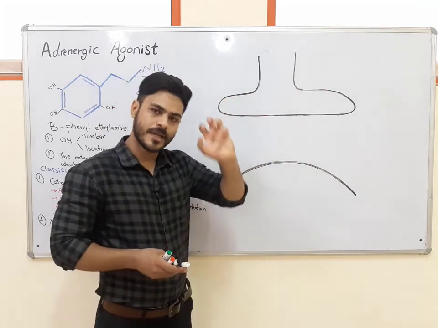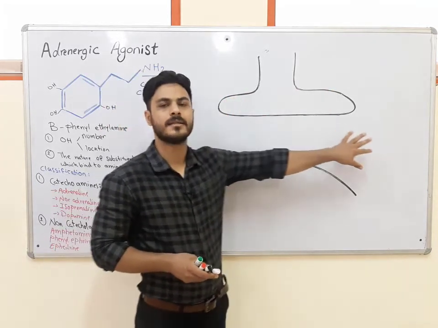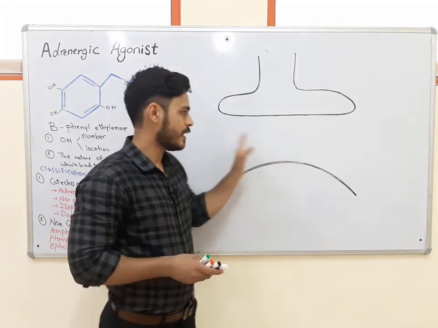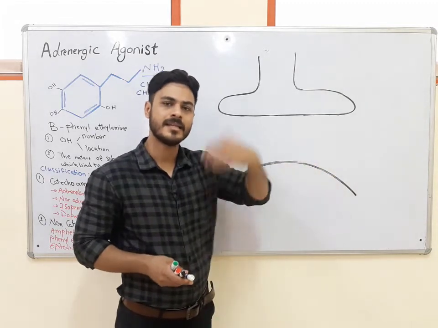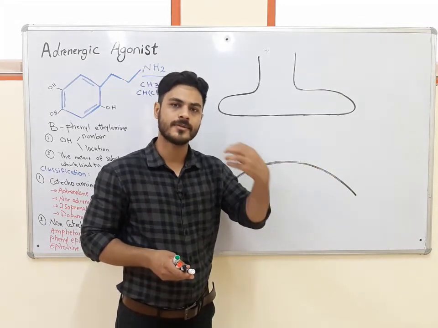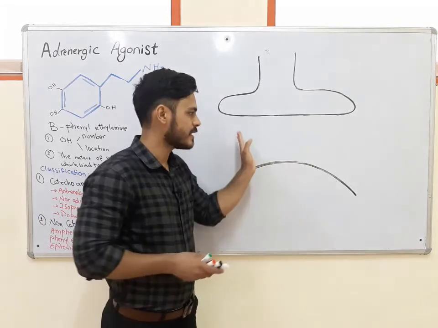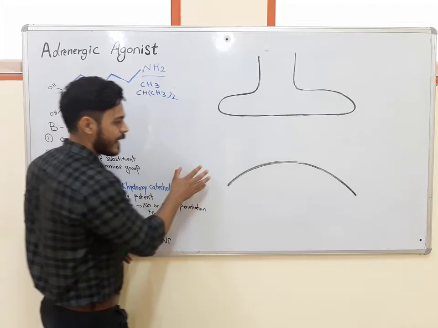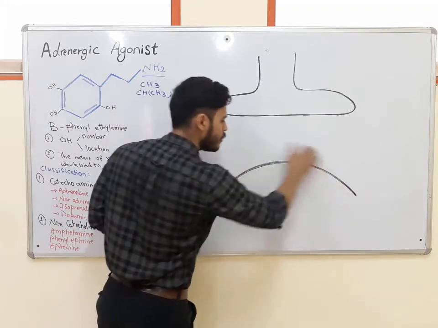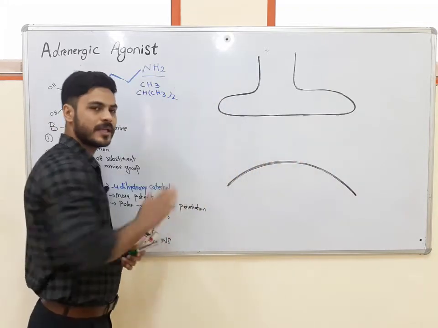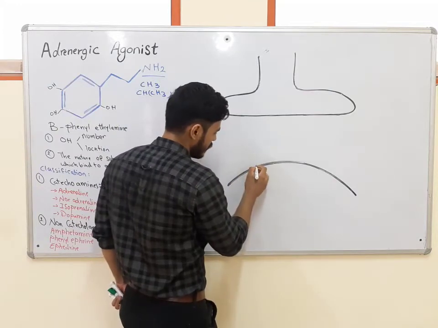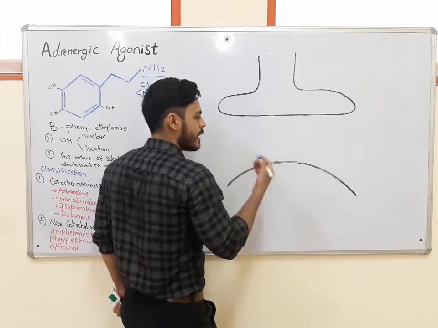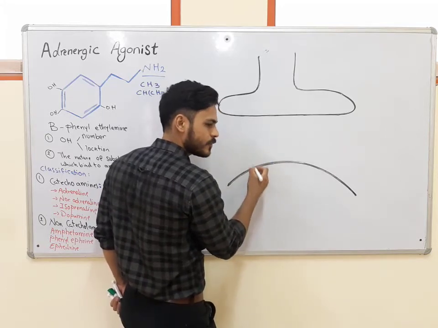Some adrenergic agonists can inhibit the enzymes which metabolize the neurotransmitter in the synapses, so they can increase the concentration of those neurotransmitters in the synapses. And some adrenergic agonists can bind to the receptor on the postsynaptic neurons or presynaptic neurons. We have adrenergic receptors on the postsynaptic neurons or on the target organ, and those receptors are alpha receptors and